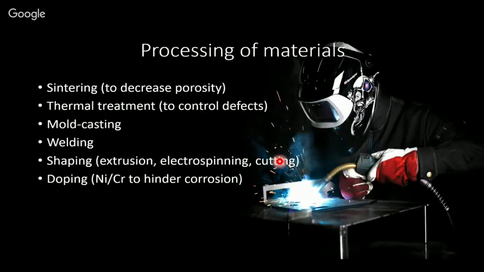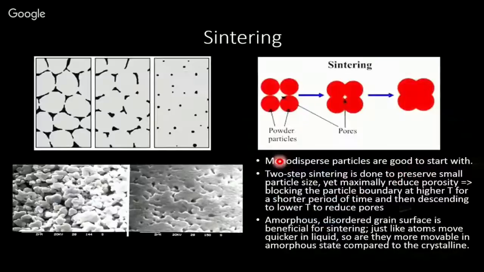But I'm telling you this. Synthesis means the making of the material in the first place. And processing means refining that material and preparing it for the application. So in a way, it's a post-synthesis process. If you precipitate a particle, you isolate the powder, and then you can do something else to that powder to make it more probable for application. So the first method of processing I picked here is sintering,